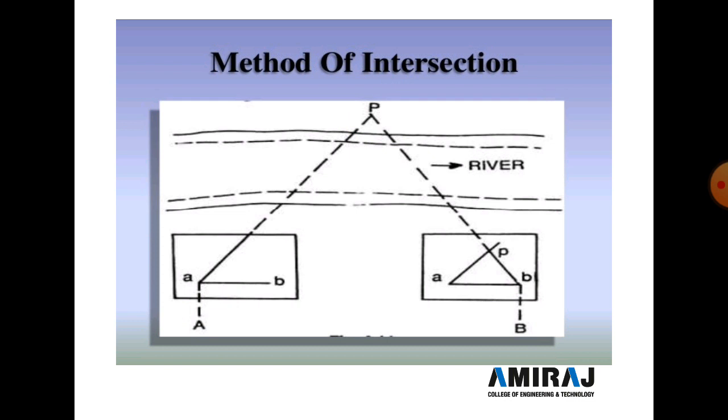So at that time, the method of intersection is required. In the method of intersection, first set up the plane table at a point, capital A, and mark capital A by a wooden peg. This capital A point is directly transferred onto the paper as a small a by the U-frog plumb bob. Now the procedure here is the same: